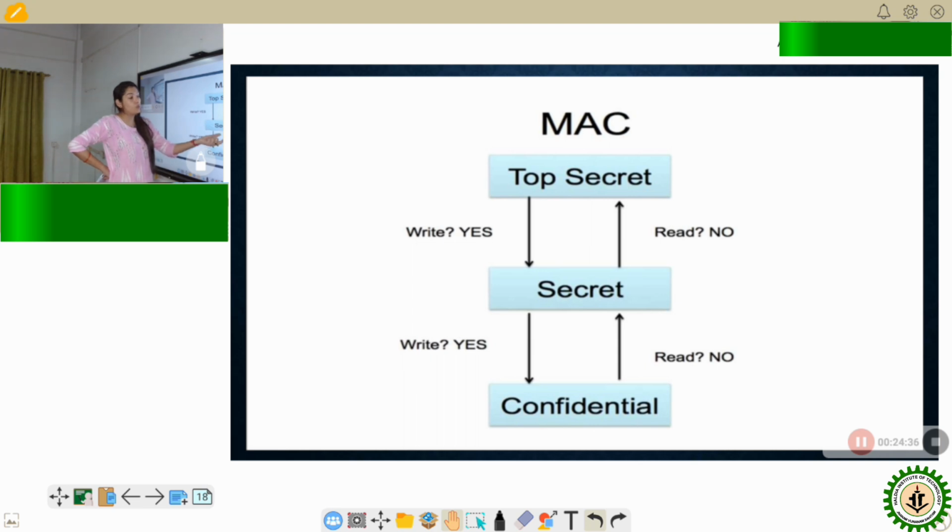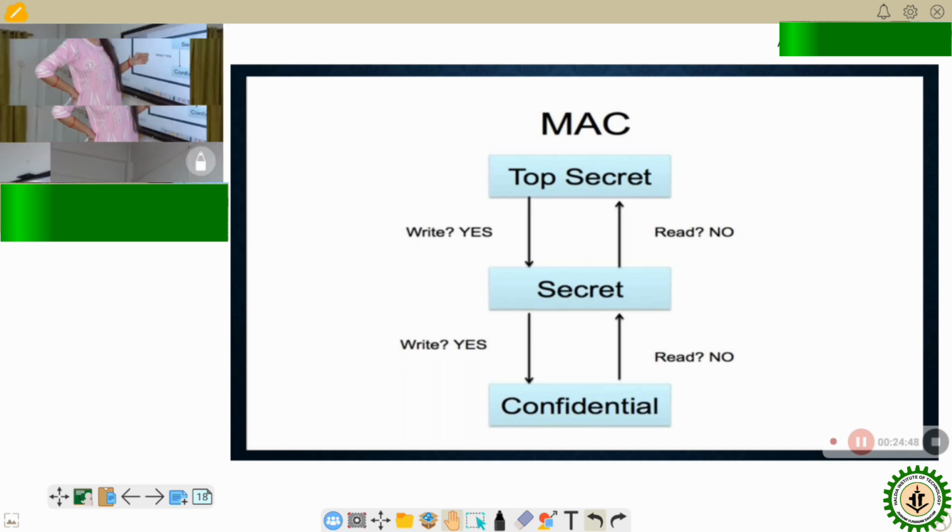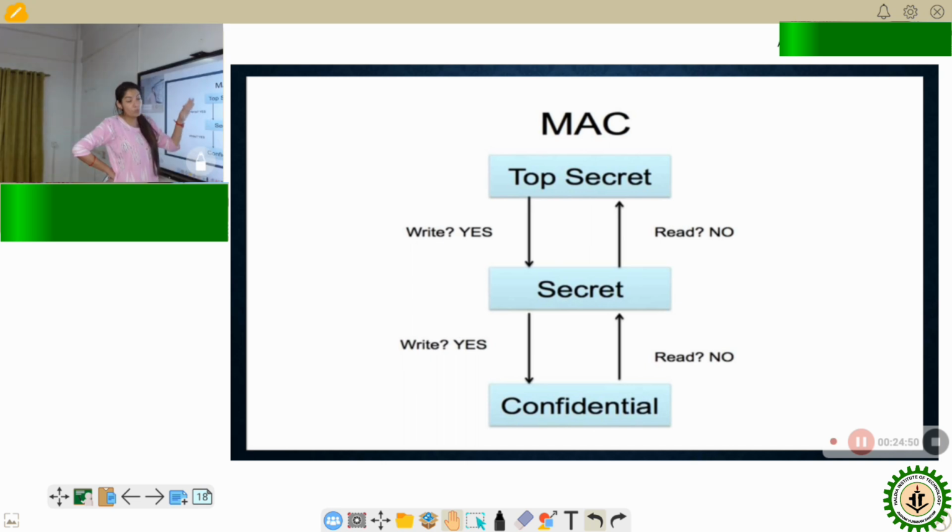The answer is no. Can a person having secret security clearance read top secret information? Again, the answer is no. That means you cannot read up. You cannot read information that is available at a higher level of security clearance.